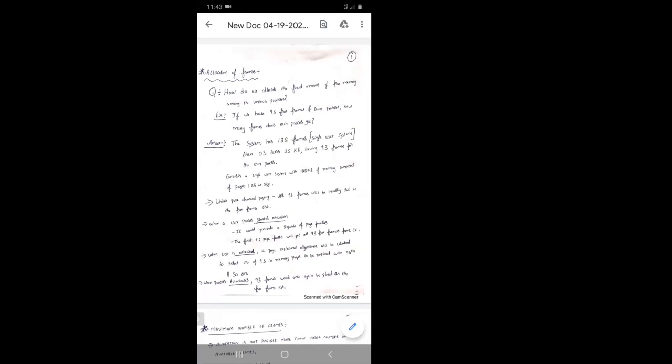So I'll repeat the three steps when we are doing allocation of frames. Now the 93 free frames are in the list called the free frame list. It is like a dashboard where we keep all those 93 free frames. Now first, when the user executes the program, what will happen?